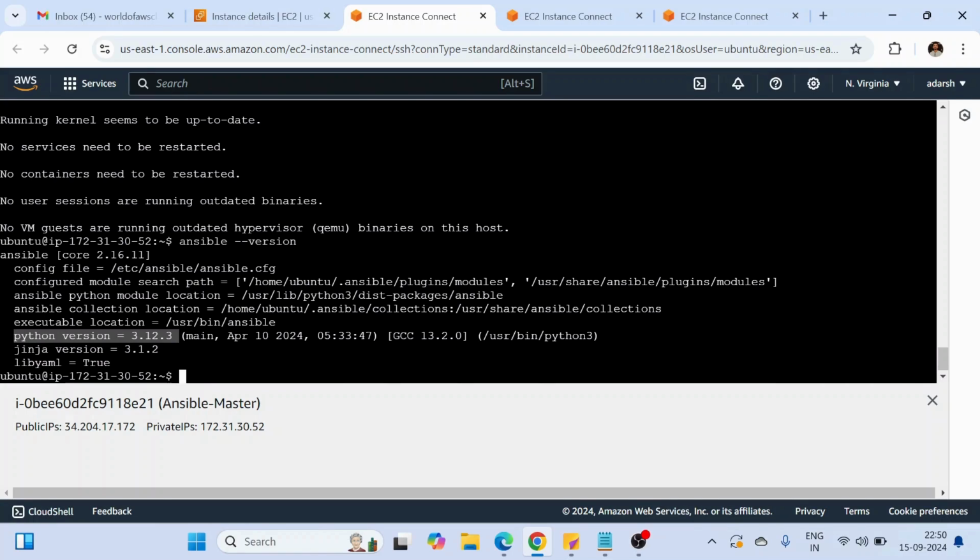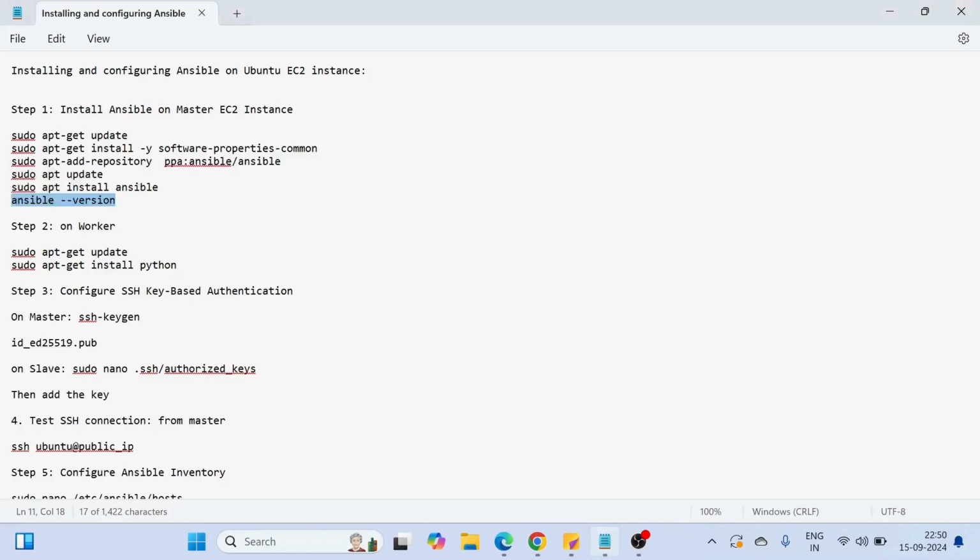Now what we have to do is generate an SSH key on our master node, and add that SSH key in the worker node to authenticate with our worker node from our master node. We have already run sudo apt-get update on our worker node, and we have also installed Python, right? So we just have to run